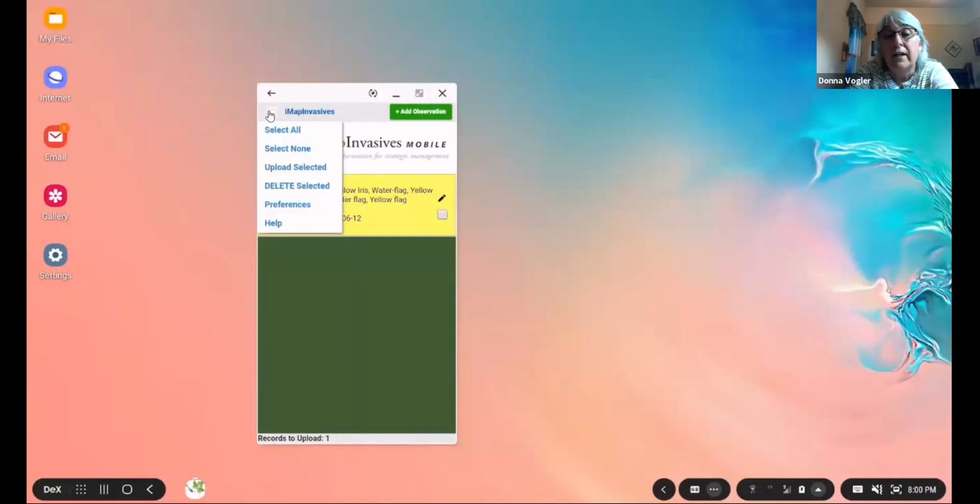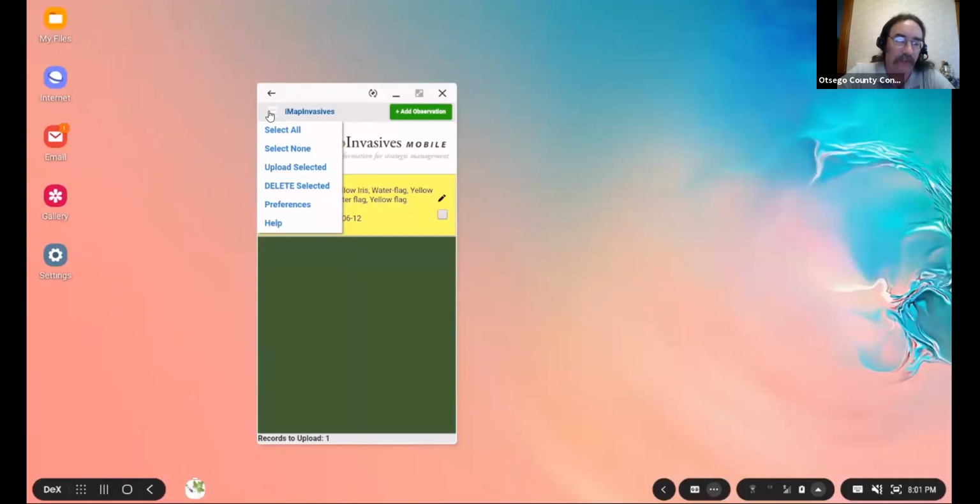One of the things I have used this for is that sometimes I'll make a record, but I'm not completely sure it's that particular invasive species. So you can collect everything and set it up here, and when it comes to uploading everything, not that record. I want to save that one until I'm really sure. And if you're not sure, then you can delete it. I like that feature. It's also good if you have an unstable connection or no access. The mobile app will work without connectivity, so you can make a whole bunch of records, and if you're not in a place where you can upload them, you wait till later on.